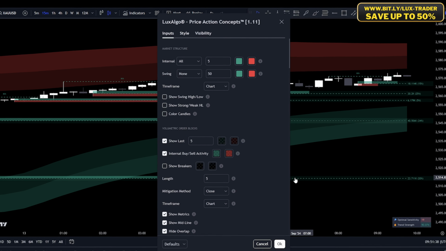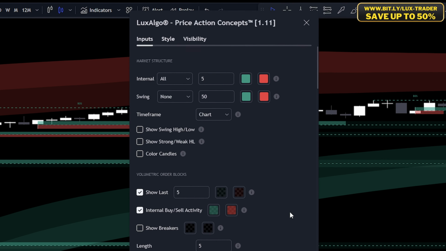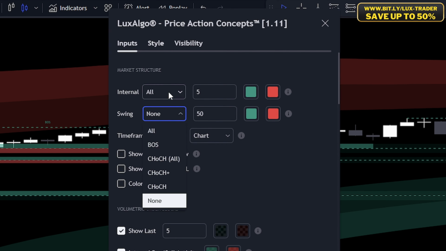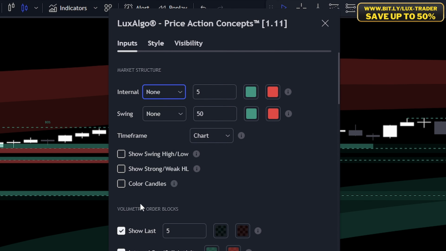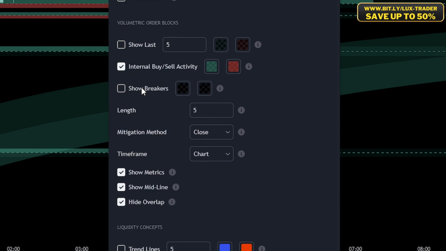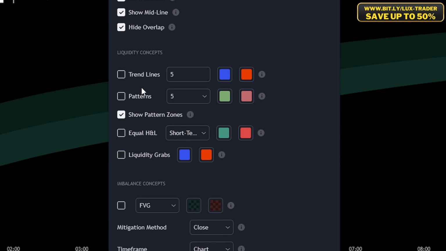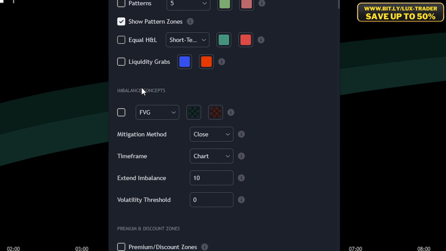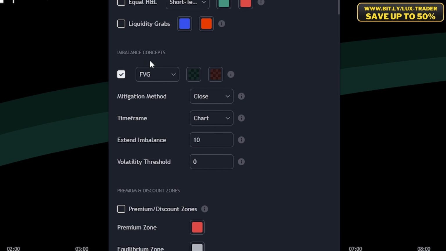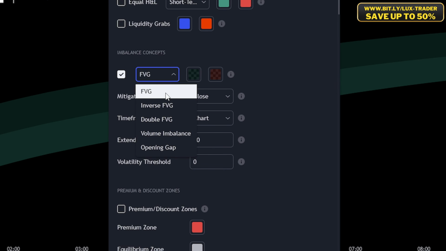This indicator is all about highlighting fair value gaps, which are crucial areas in the market where price is likely to return before continuing its move. So in the settings of the second indicator, disable everything except for the fair value gaps. These gaps represent inefficiencies in the market where buying and selling weren't balanced, and they often act as magnets for